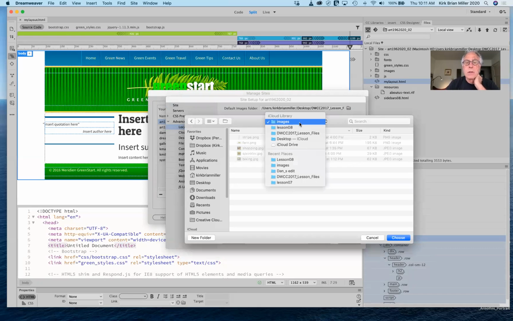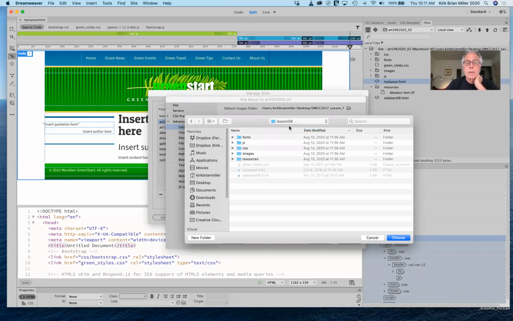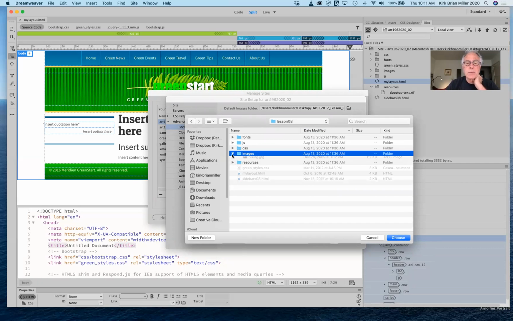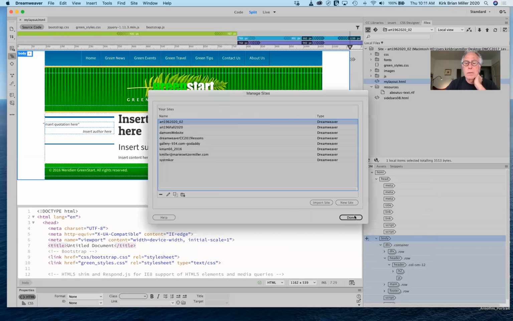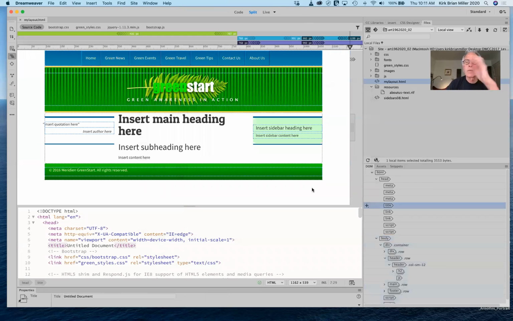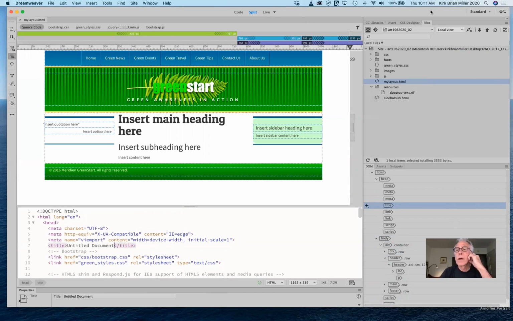Let's see if it is. I'm going to go inside lesson 8, and make sure that it's linked inside the image folder here. Let's see what's inside that image folder. There we go, okay? Because we have a few items that we're going to add in here. Done. So I've updated the site information, and that should be reflected over here. When we have the Files tab selected, you should be able to see where we left off with lesson 7, we have a